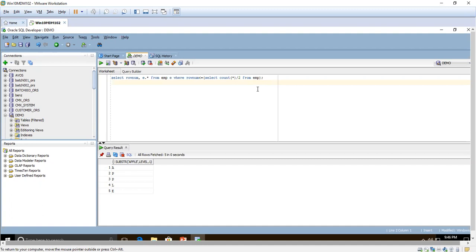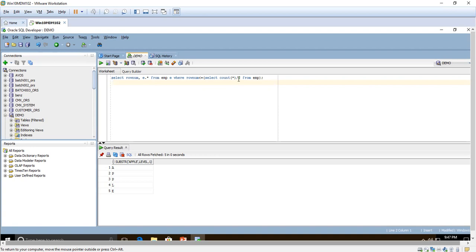See, here we are going to use the row number, and E dot star means we are selecting all the columns, and the employee alias is E. That asterisk symbol represents that we are selecting all the columns from the table. And where we are using the row number less than or equal to count of star.